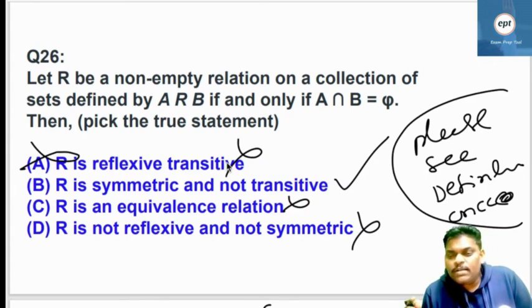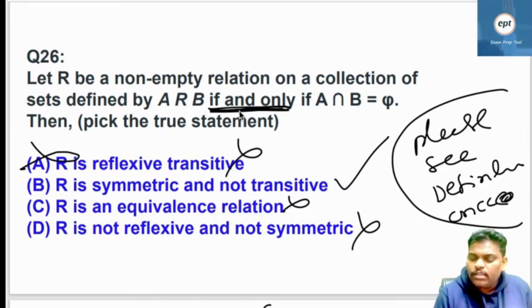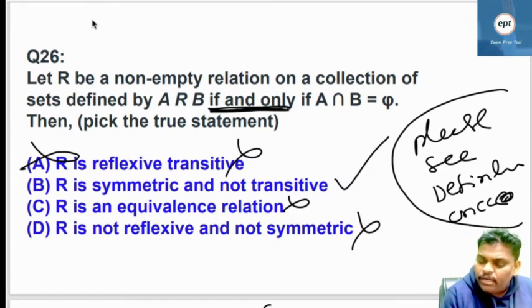Yeah. So let me ask you one small line, the last question I want to ask you. Listen. Everyone listen. Can you listen to my line so that you will get it? See, if and only if. What is the meaning? If two sets are related, they should be there in the relation. Between two sets, if the intersection is empty, they should be there in the relation.